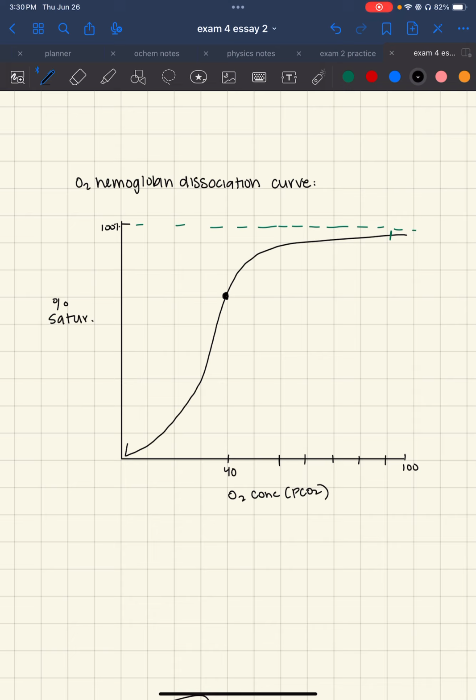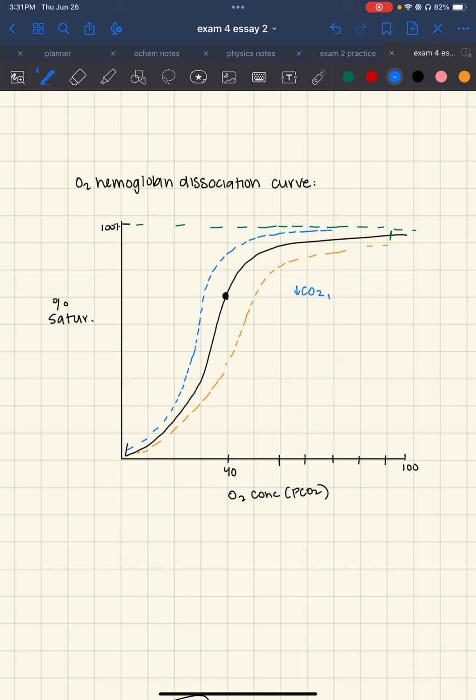And there are some things that can change the shape of this dissociation curve. So we can make a curve that looks more like this, or we could make a curve that looks more like, okay, that one was a really bad drawing. Let me try that again. It won't look like that. It'll follow the shape of the curve still. It'll just be a little bit less. Or that looks more like that. Right? So if we want to increase our ability to saturate our hemoglobin, we could decrease carbon dioxide because